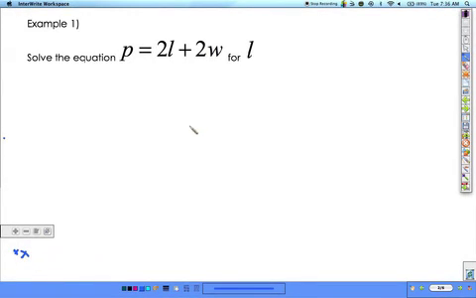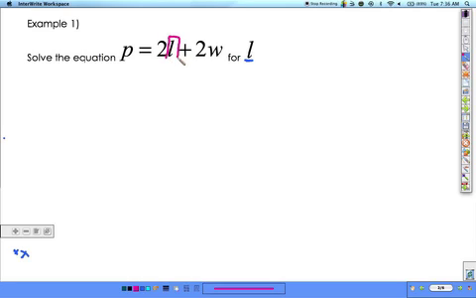All right, the first example. We want to solve the equation P equals 2L plus 2W for L. So this is the variable that we want to isolate. Right. So the smart thing to do is to go ahead and find that variable and put a little box